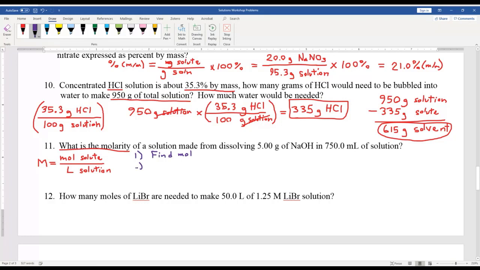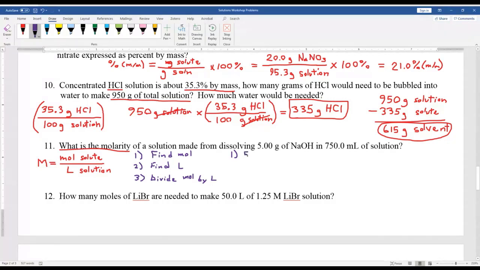Okay. Step 1 is find the moles. Step 2 is find the liters. I want to say calculate, because sometimes they're given. And then step 3, divide moles by liters. Okay, so step 1,